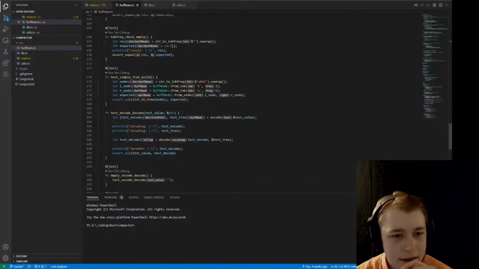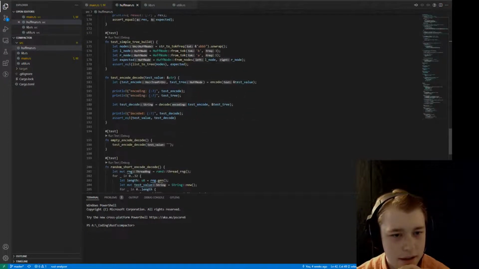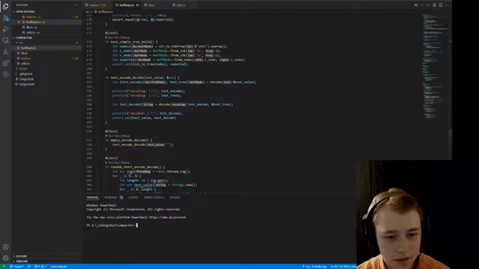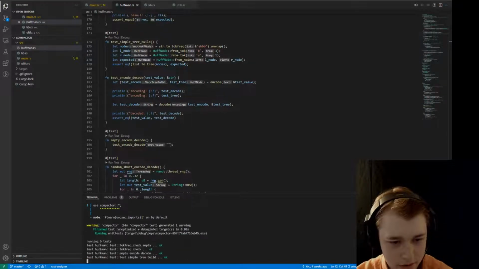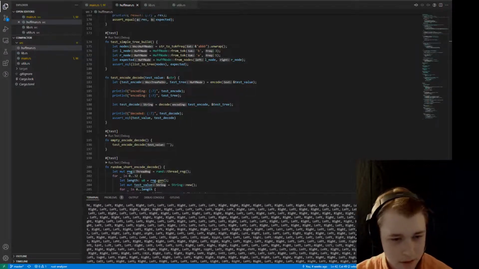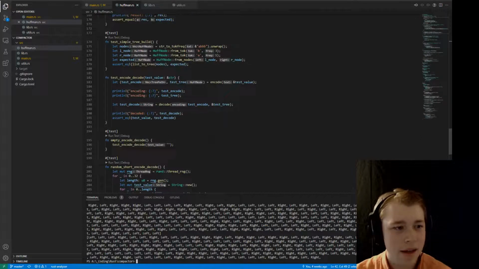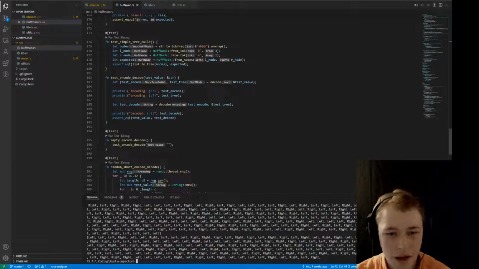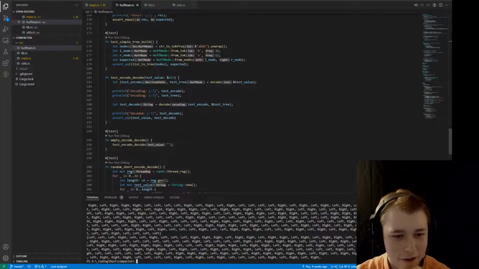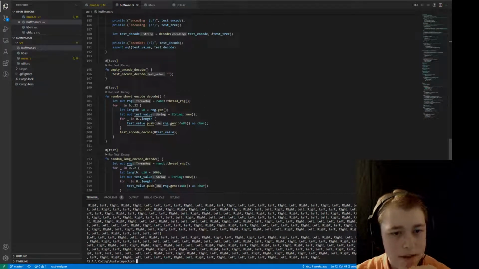So basically, if we look in the tests here, you can see I've got the, oh, yeah, it doesn't work very well in VS Code. When you do the test, it prints out everything, so you can see the encoding of various things. But basically, what it does is I have